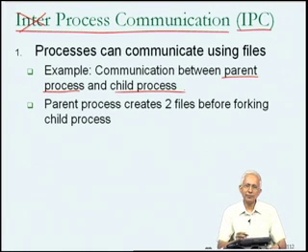Now I'm going to set this up using two files, because it's conceivable that I want the parent to be able to send data to the child, and the child might have to send data to the parent. And rather than using one file for both, I'll use one file for the parent to write into and the child to read from, and the other file for the child to write into and the parent to read from. So before the parent process does the fork, it could create those two files, one for it to write into, the other for the child to write into.